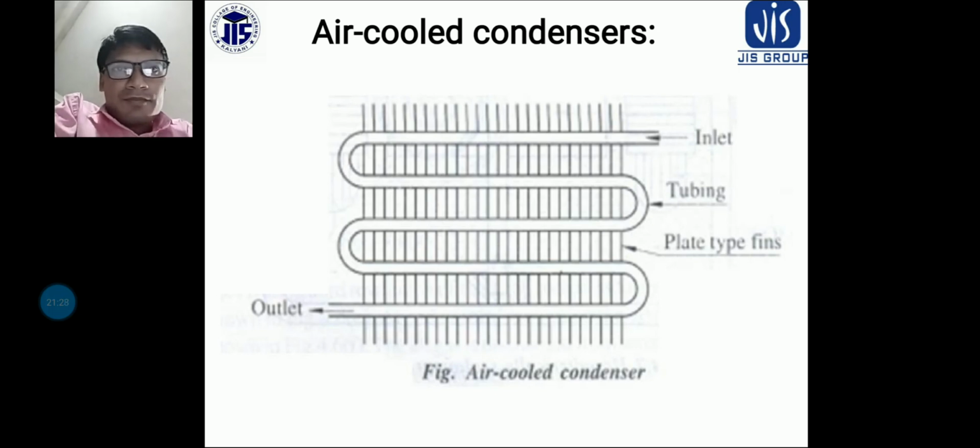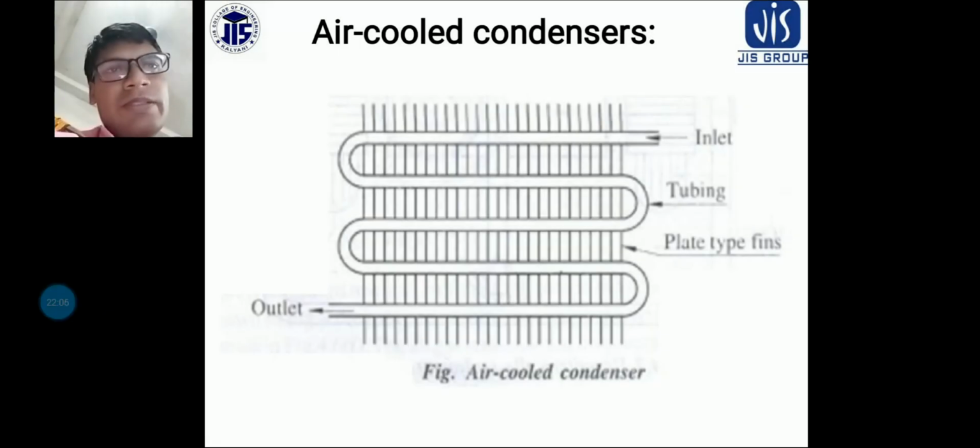So the evaporative condenser, I have already told you. Although in this condenser there is some increase in the temperature of the air passing through the condenser, condensation of the refrigerant in the condenser results primarily from the evaporation of the water spread over the condenser. The function of the air is to increase the rate of evaporation by carrying water vapor, which results from the evaporative process. Okay, now one by one we will be discussing.